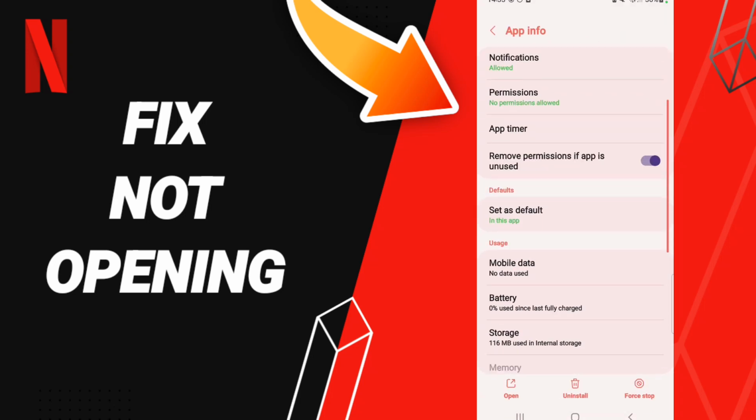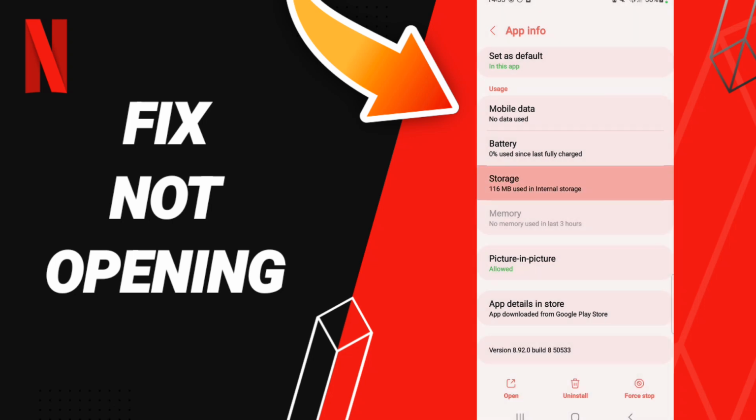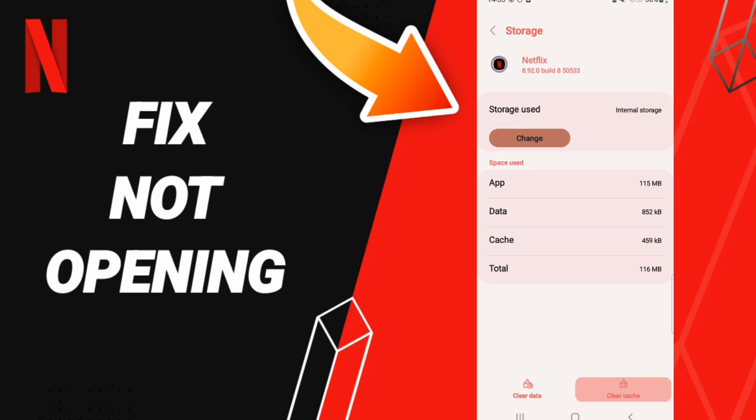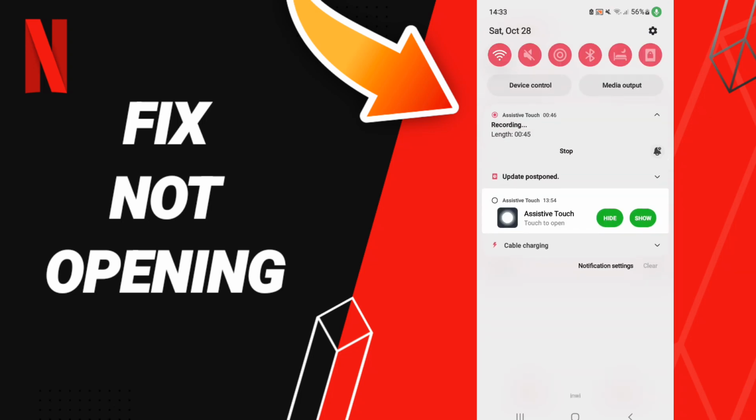Then on this app info page we click on force stop and we click OK. Here we'll enter the storage window. After that we click clear cache. Don't click clear data because that can cause errors in your app. And at the end of all these steps you can turn off your phone to fix the problem you have